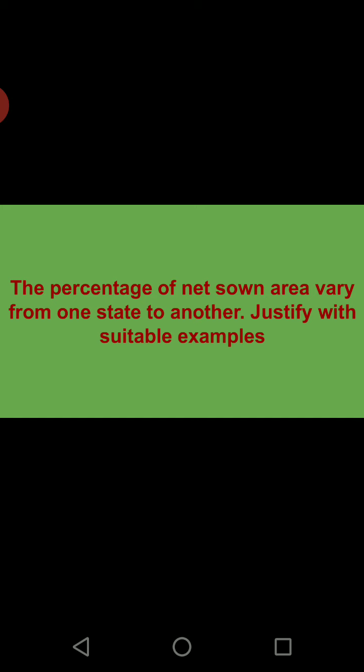Whereas if I give you the example of the Andaman and Nicobar Islands, or maybe the northeastern states such as Arunachal Pradesh, Mizoram, Nagaland, their NSA is very less, hardly 10%. Why is it so less? Because they have very difficult topography, their terrain is not suitable for agriculture. Fresh water supply is not there, and maximum area is under forest cover. As a result, there are many geographical and human factors that do not allow them to go ahead with agriculture in these regions.